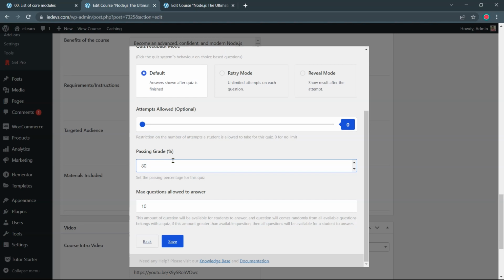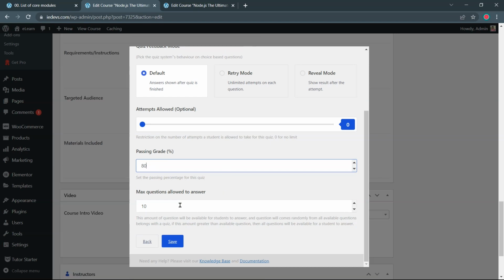After that, you can choose to restrict students from attempting multiple times with this option. Next is passing grade. It's applied in percentage. A student will need 80% or more points to pass this test. You can increase or decrease this percentage. The last option here is max questions allowed to answer. You can use this feature if you have a large number of questions in your quiz, but you want students to answer a certain amount of questions. Right now, I don't need this feature. I'll keep this unchanged. I click on Save